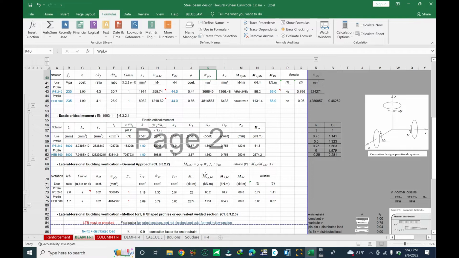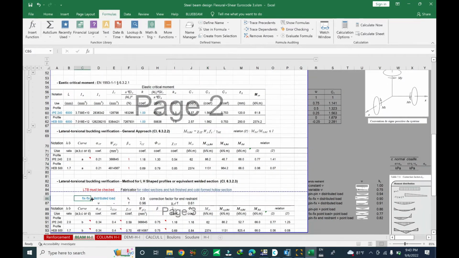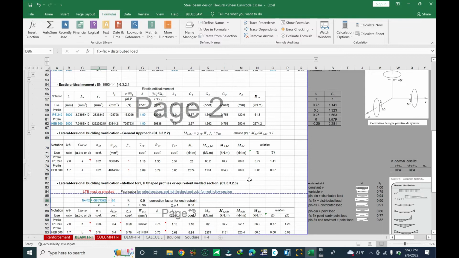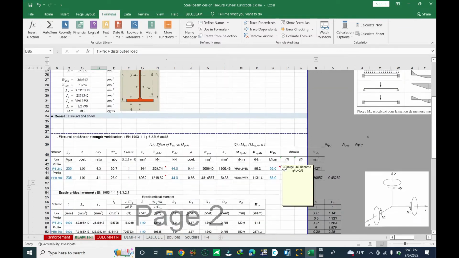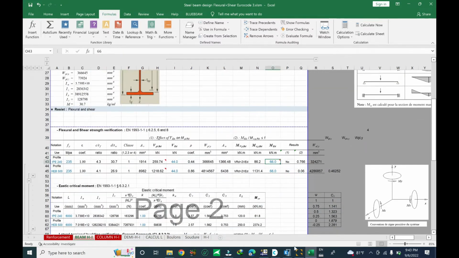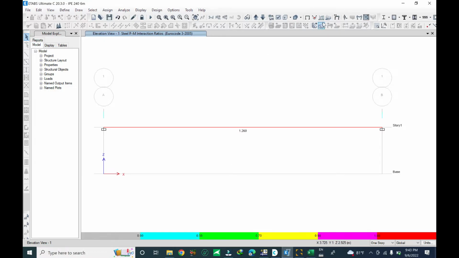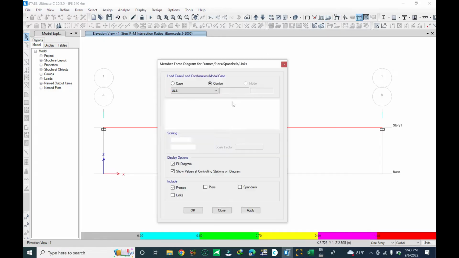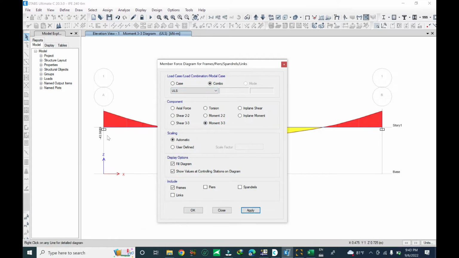Okay, let me check. Fit distributed load is correct. Oh yes, you have to check about the MED. Okay, now let me check about MED. MED